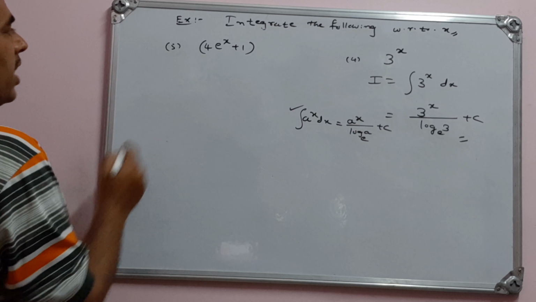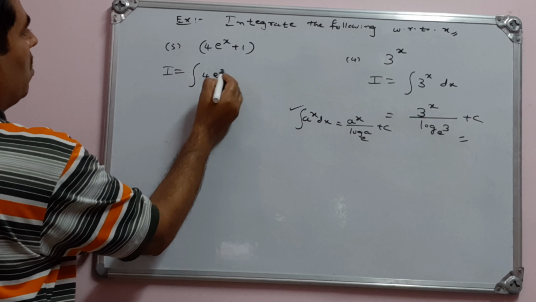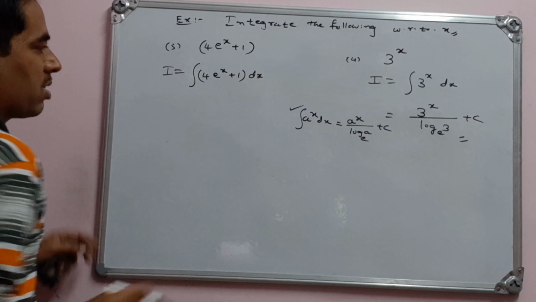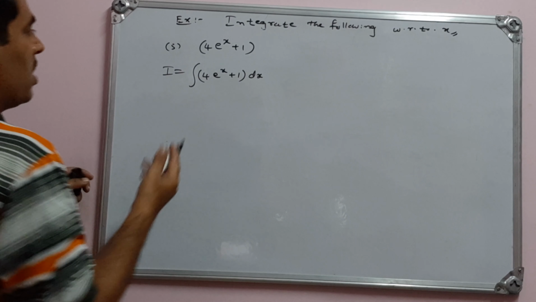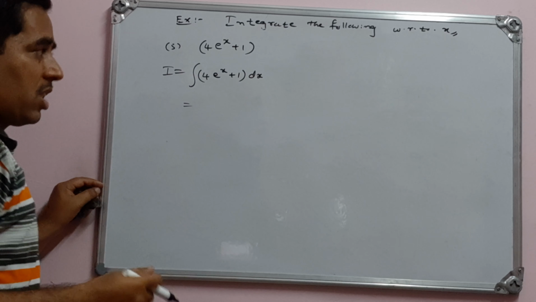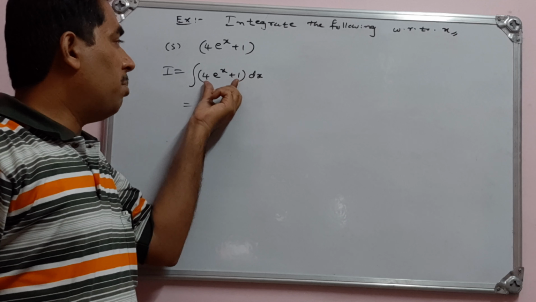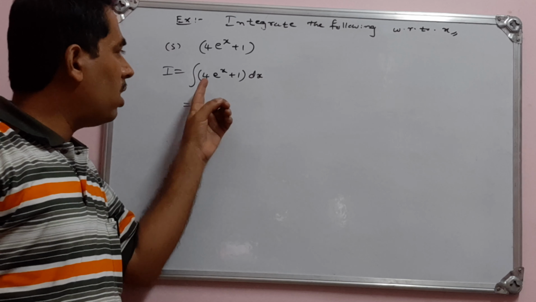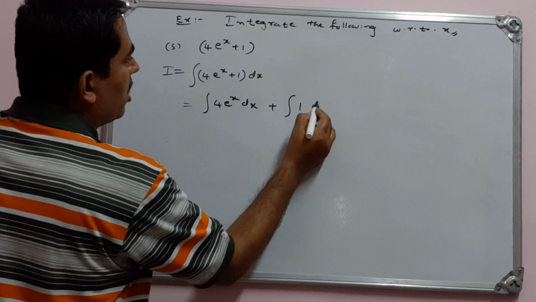This is the result. Then let us integrate this. So call this I. 4 into e to the power of x plus 1. Very, very important, very simple examples. I am using the formulas from the list which I have listed on the board. 16 results. So I am taking only one of those results. Integration of this. Just we have written one result here. This is one function, this is another function, sum of two functions. So you integrate separately. First you take the integration of this and integration of this. So that is integration of 4 into e to the power of x, the first function, with respect to x, plus integration of 1 with respect to x.